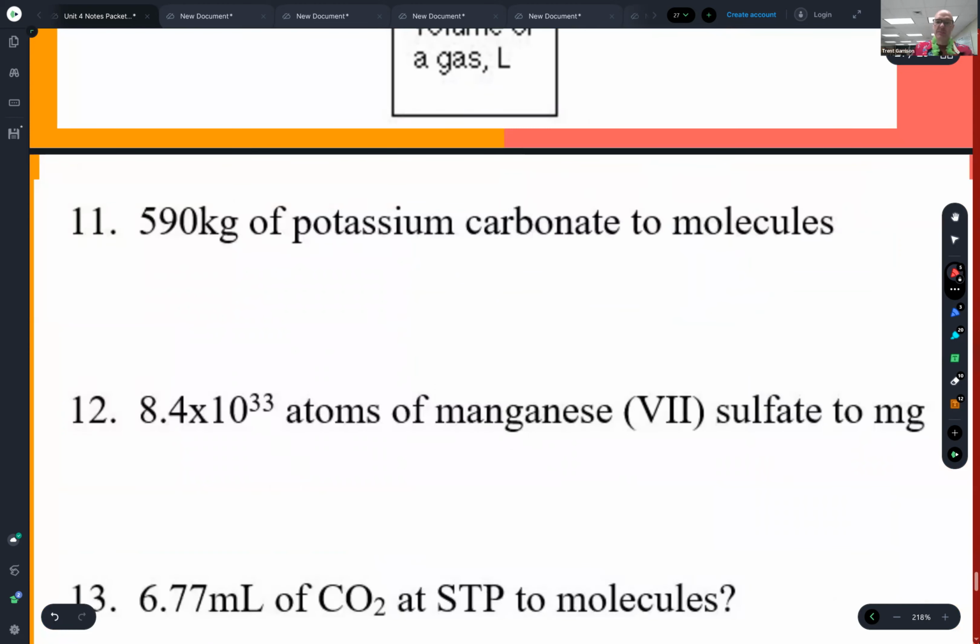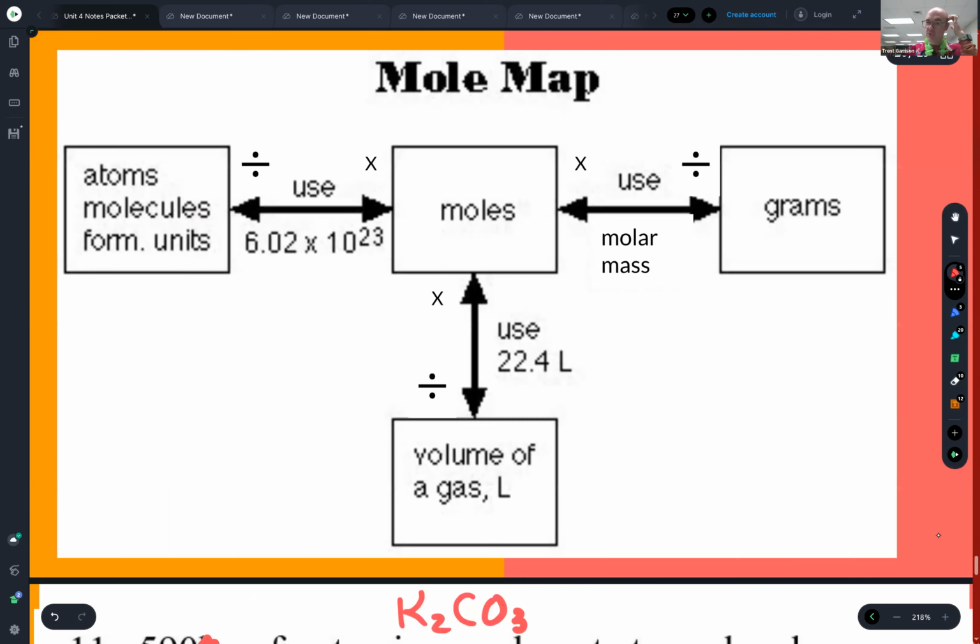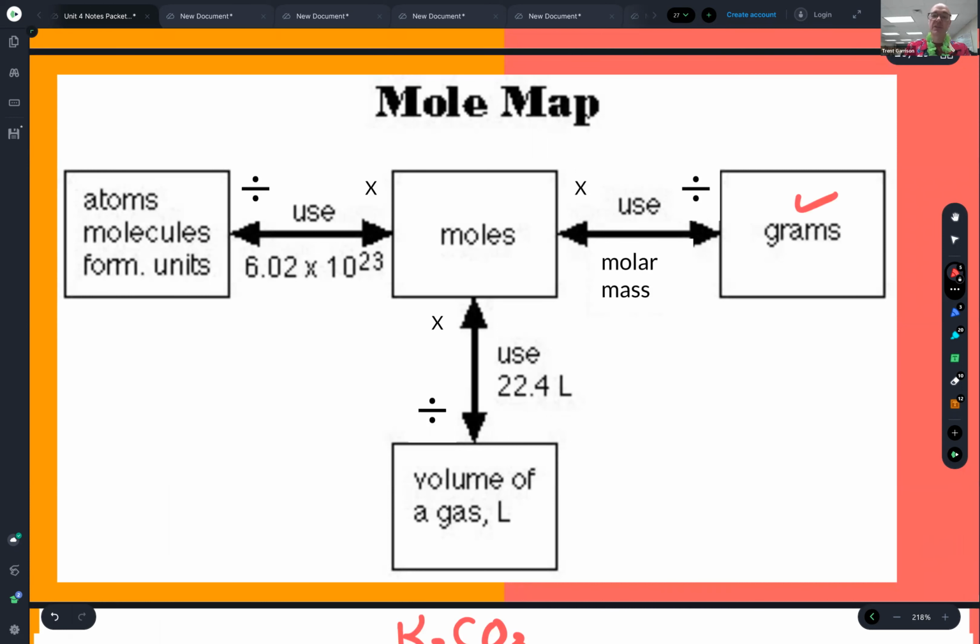With the mole map, I'm going to make this easier on ourselves. We're only going to go from grams. So grams of potassium carbonate. Well, I need to give you that, K2CO3. You got grams, 590 divided by, because we're starting with grams and we're wanting to go out to formula units, which is molecules. So we're starting with grams. The only way to go through it is to multiply